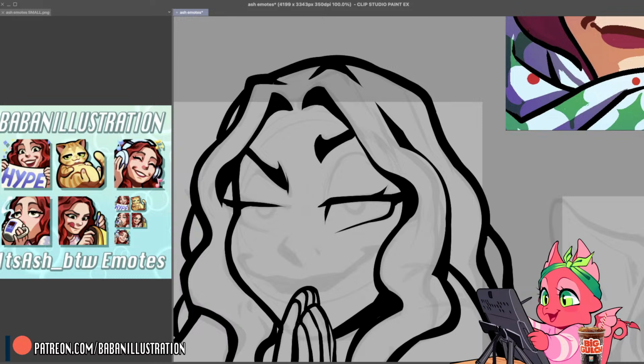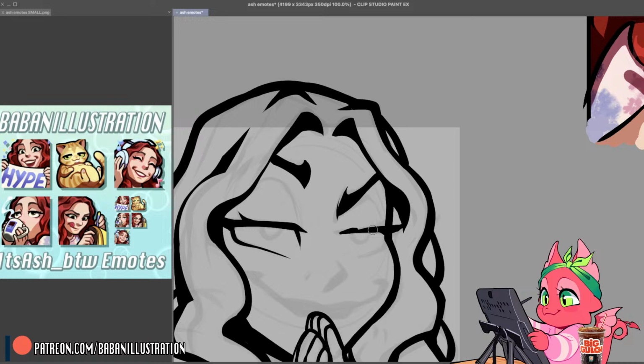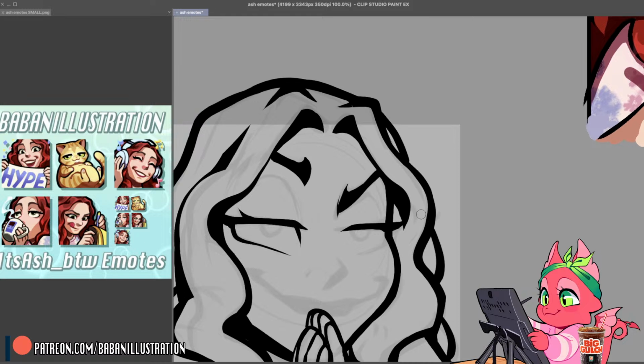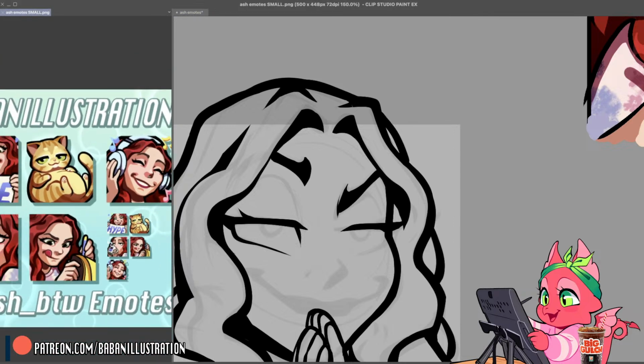Okay, let me get the angle on that one right. Sloppy down. There we go. Did I change the line color on the hair? I think very, very slightly.